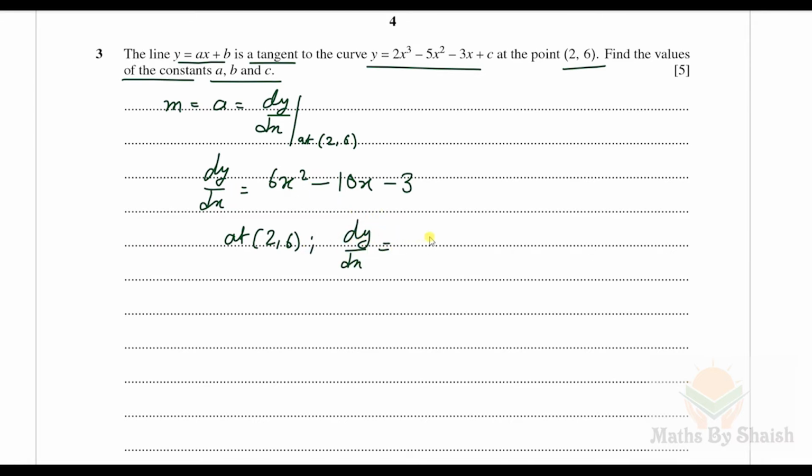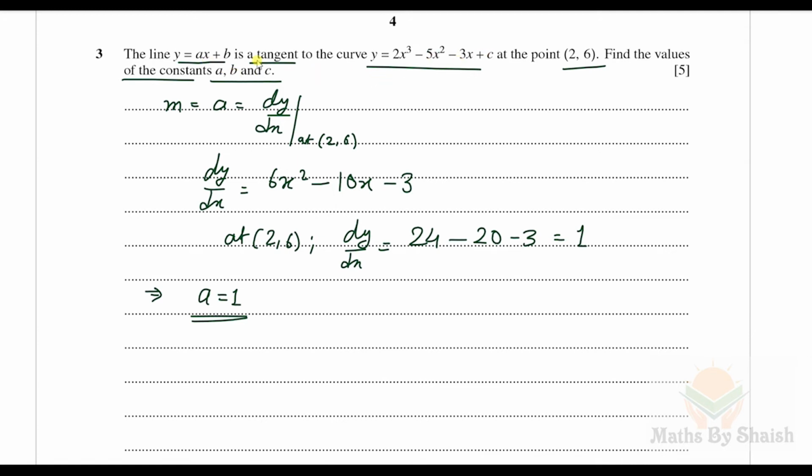So 6 times 4 is 24, minus 10 into 2, that is 20, minus 3, and the answer is 1. So dy over dx is 1, and from here what we got is a is equal to 1. A is equal to 1. Next, this is a tangent, and